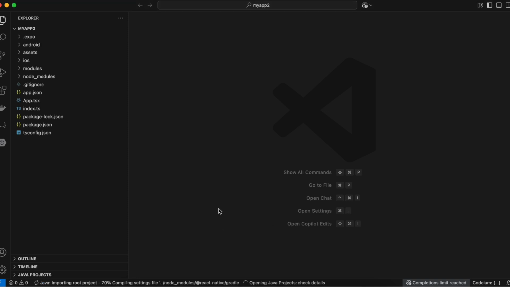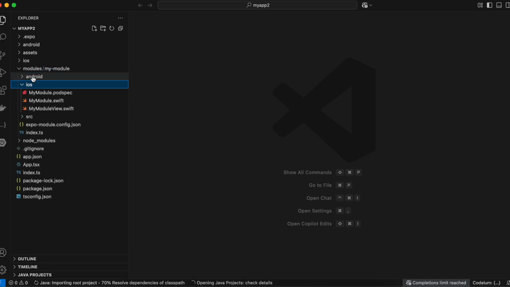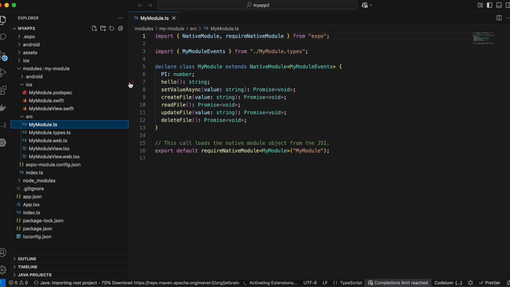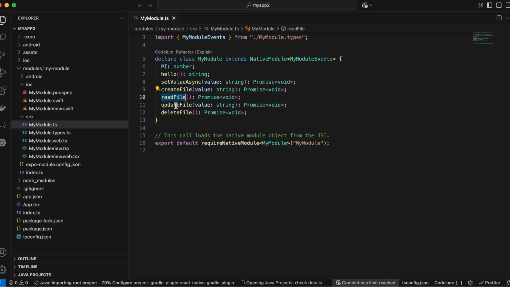Let's go through it. First you will have to go to modules, my module, and before that, sorry, go to src, go to my module.ts, and here we have created four methods. These were all present by default, I have not changed any of this. We need to create these four methods. One is for create, which will take a value as well of type string, and whatever value you pass inside this particular method, we will add that content inside our file and then save that file to iCloud. So here is our create file method, then we have this read file method, then update file